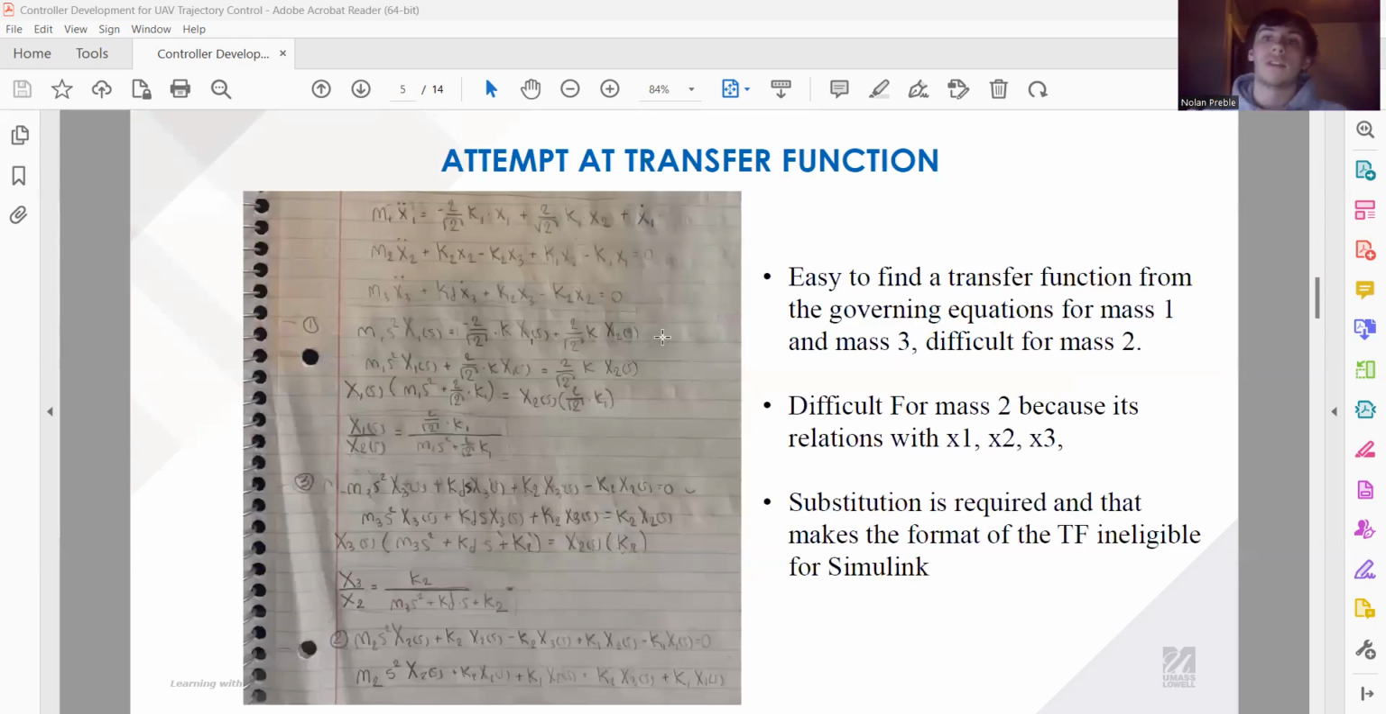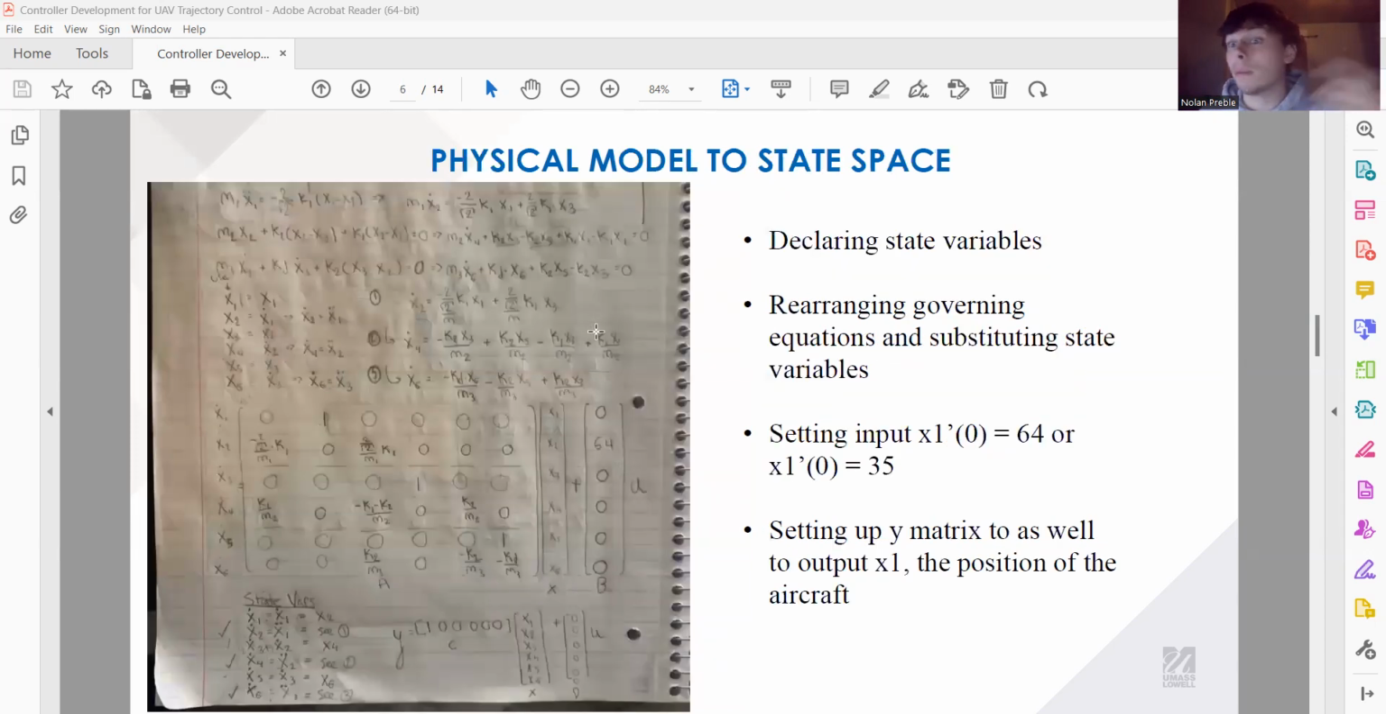I originally tried a transfer function. One of the issues with this is that to get it into Simulink, you have to have the right form. And while I was able to develop a transfer function for mass 1 and mass 3, mass 2 being connected to x1 and x3, the math that I had to do to rearrange it into a transfer function, I wasn't able to get it into the exact format that I wanted. So that was difficult, but a better approach is actually to do it with a state space model,